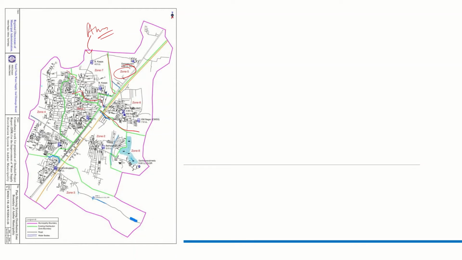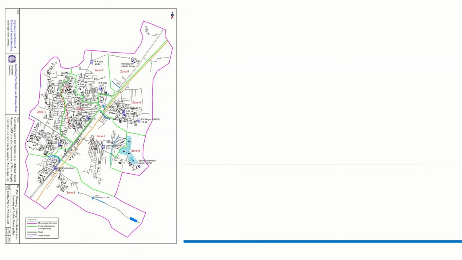So let's say if you take up one zone and study that itself, that can also be done, because for example, some of the zones do not have the same density as you see here in zone 1 and zone 4.